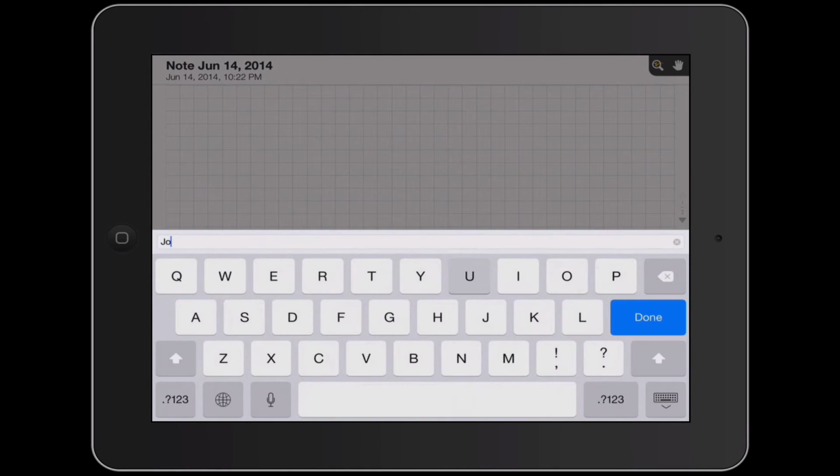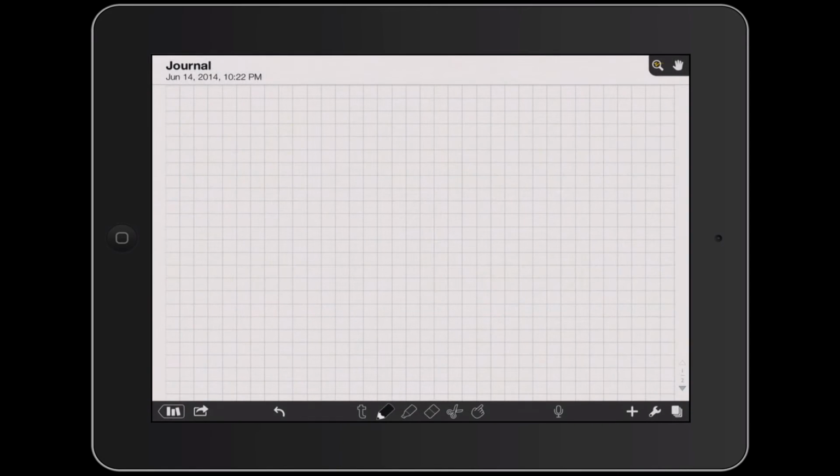We'll call this one journal, because that was my original intention, a way of monitoring and editing journals. And I just need to create something in the note field so that it backs up to Google Drive. So I'm just going to say, Ken's journal, right? Now, I'm going to tap this left arrow icon here, the bookshelf icon, and we can see what happens,